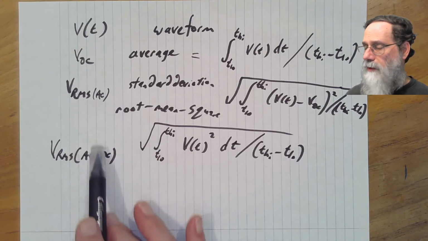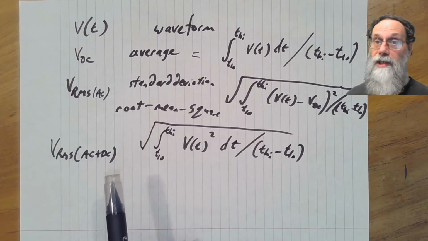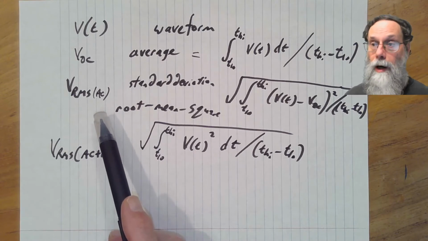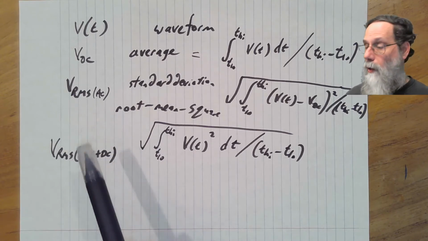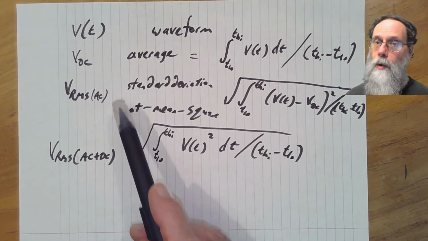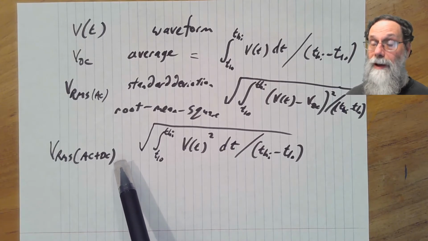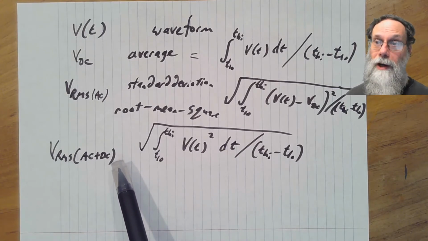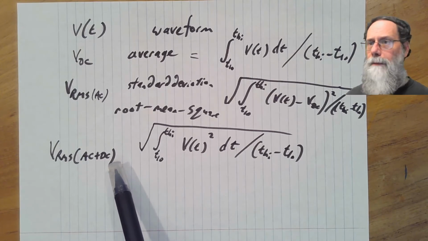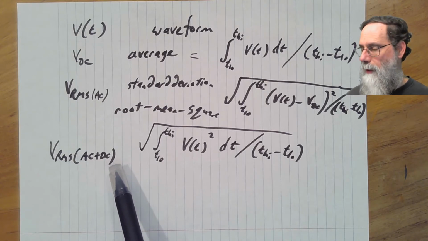Okay, so we have several different versions of what we can do to summarize the waveform in just a single number. We could say, what's this average value? What's the DC value? What's the RMS value, AC? Or what's the AC plus DC RMS? And voltmeters often measure one or the other of these two, and they're not quite the same thing. So you have to be careful if you've got a voltmeter that's measuring some sort of time varying signal. What is it actually measuring? Make sure you know how to interpret the numbers you get out of your voltmeter.